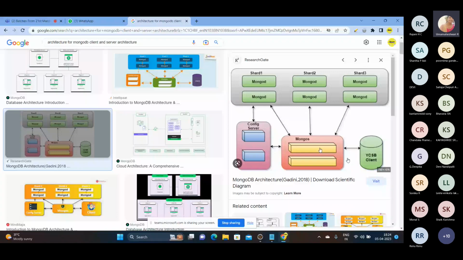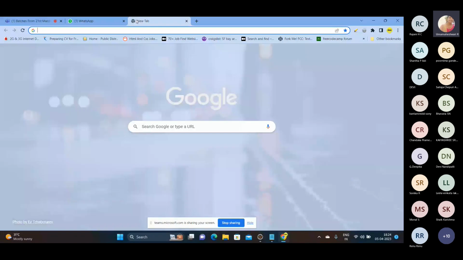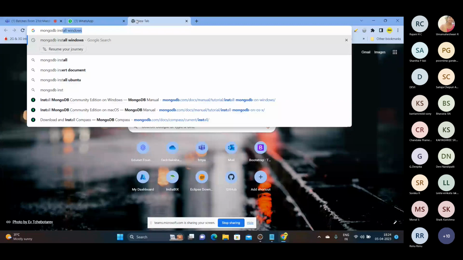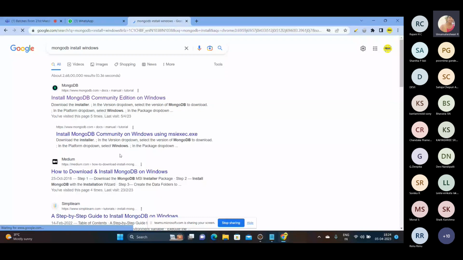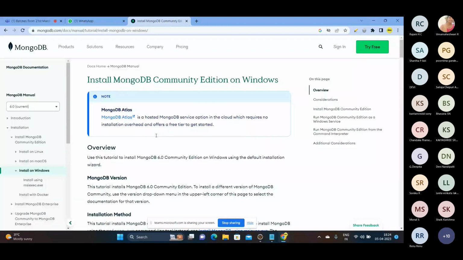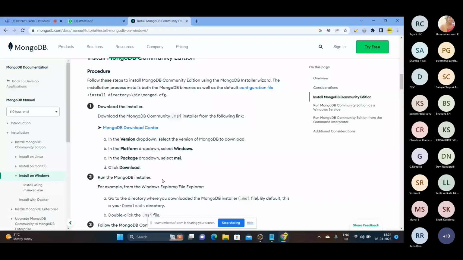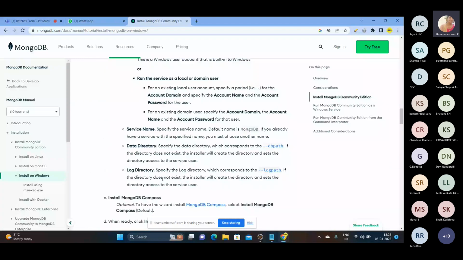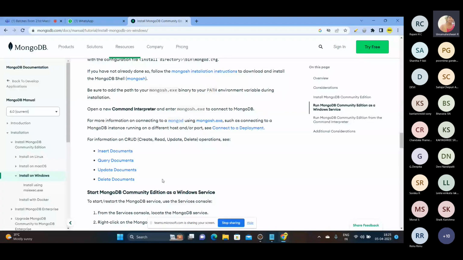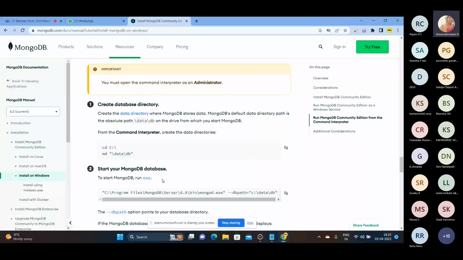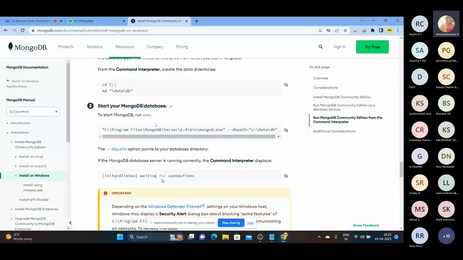Now for this, you need to install MongoDB. Install for Windows, just click on this edition. If you come down, this is the way you'll be installing MongoDB on your PC. After installing MongoDB, you need to copy this code and paste it in the